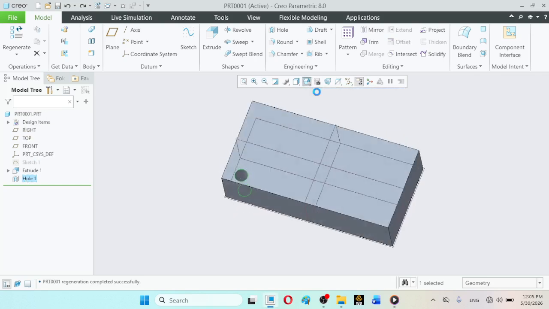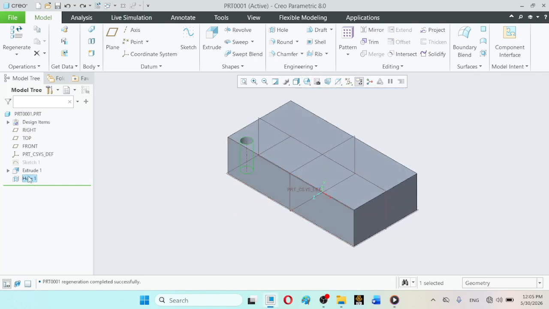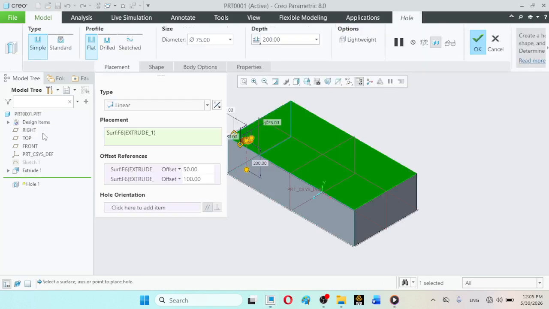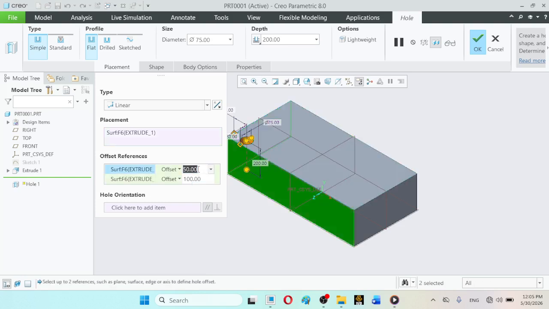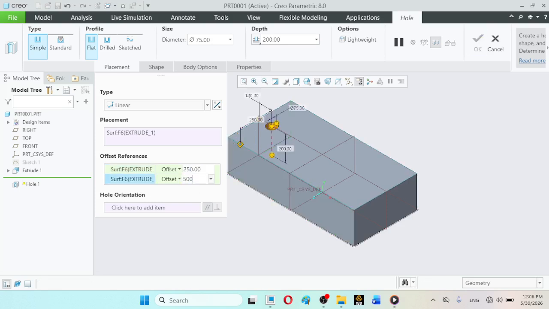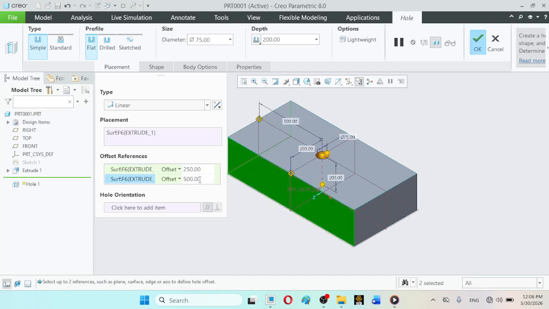So for example, we can change the location of this hole. We can place it in the center, or you can say first of all place it in the center. For example, make it 250, and this make it 500 like this.